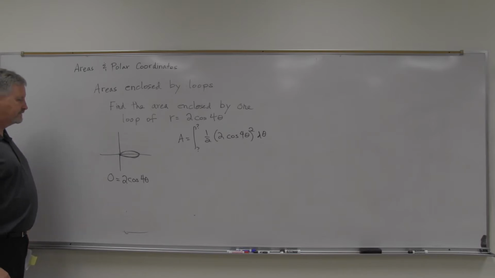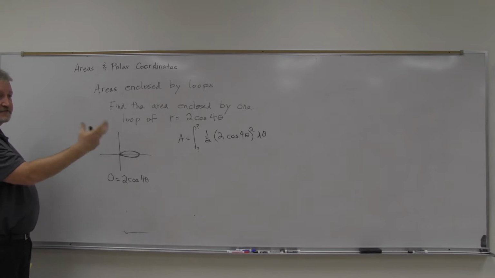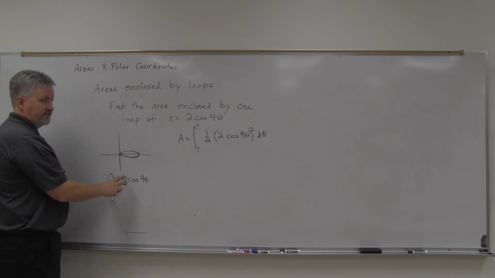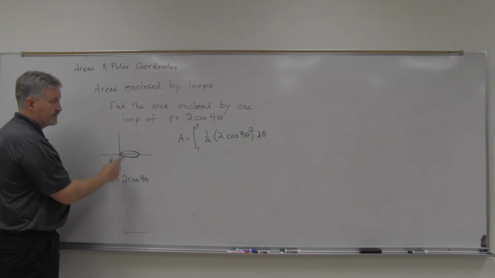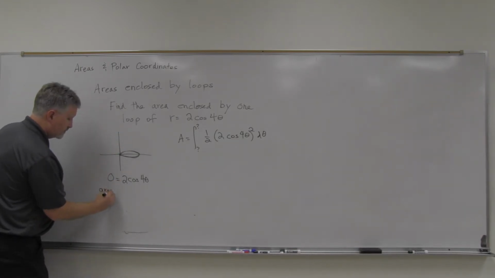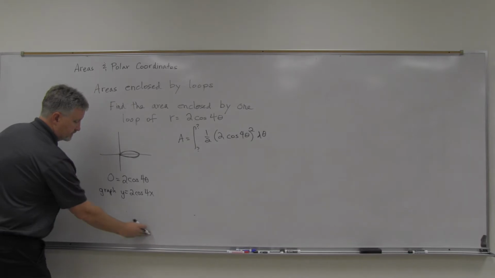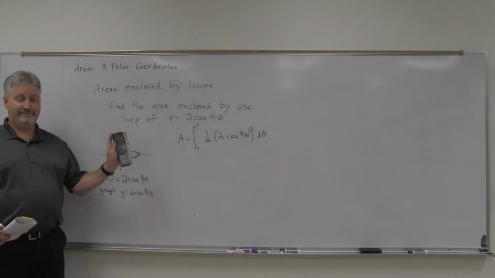One suggestion that they have, all right, is instead of looking at it polar, let's look at it just as an xy Cartesian equation. So instead of trying to figure out solving this, which is one way we can do it, let's graph y equals 2 cosine 4x. In other words, change back to Cartesian,